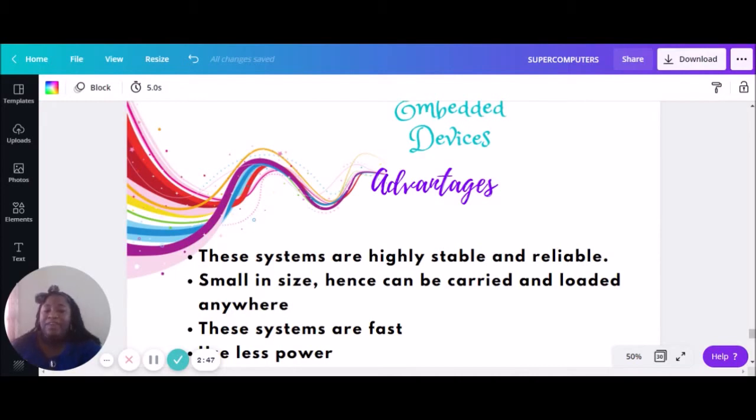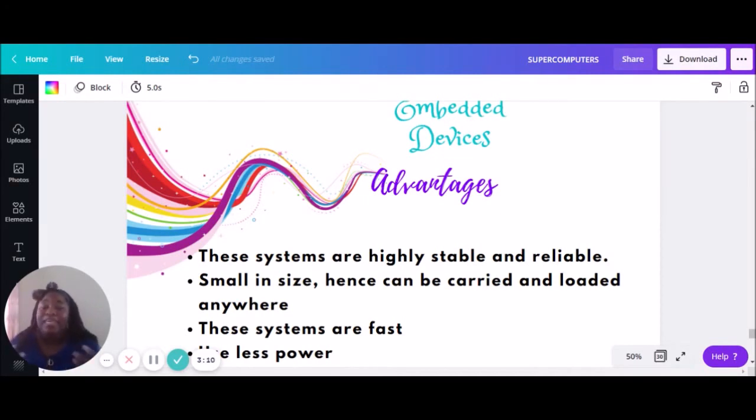Now, because these devices are so small and, as the advantage there says, stable, they are very reliable. So you'll realize that your fridge, your machine will continue doing what it's supposed to do for a very long time. And a lot of the times when it goes down, it's not necessarily the embedded device that went wrong.